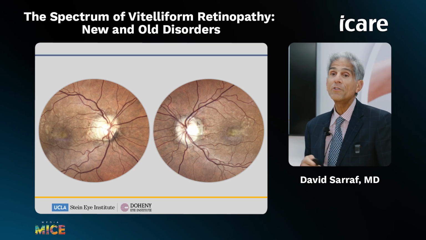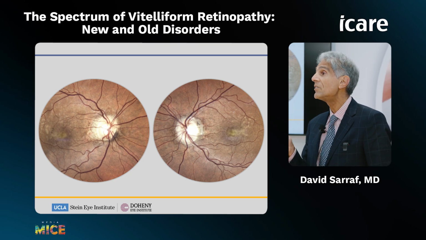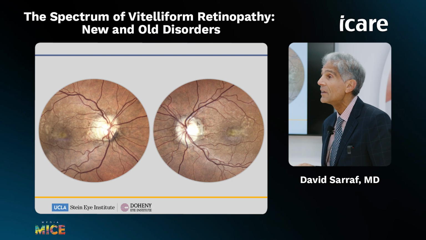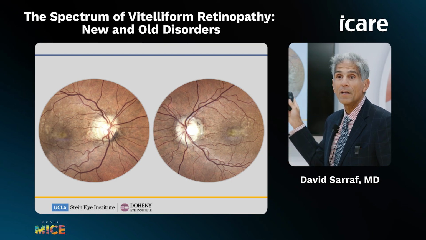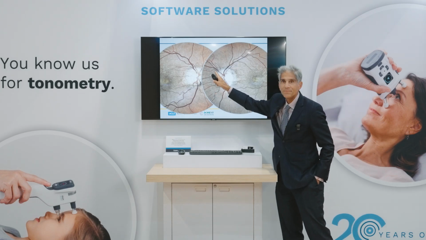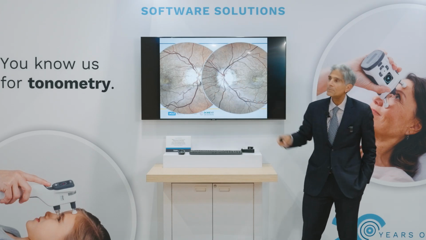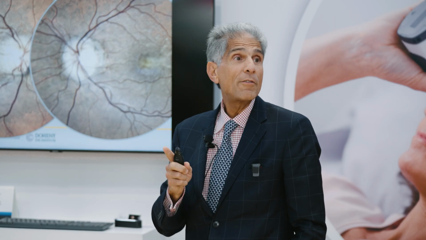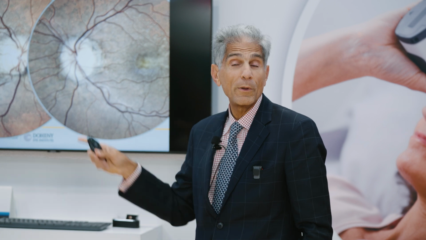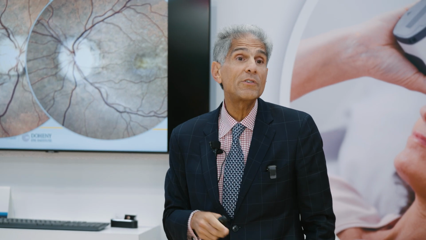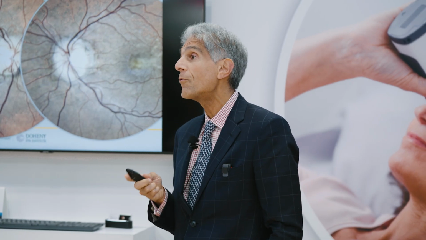But what was very interesting in this patient, and I hadn't seen them when we took these images, my fellow was able to look at the images. Does anyone see what the disturbance is here that may be causing the vitelliform lesions? So do you guys see this? Those are angioid streaks. So I actually didn't see them when I examined the patient, but my fellow was able to capture them with the EIDON image. And by looking at these images, we were able to see that the etiology of the vitelliform lesions was related